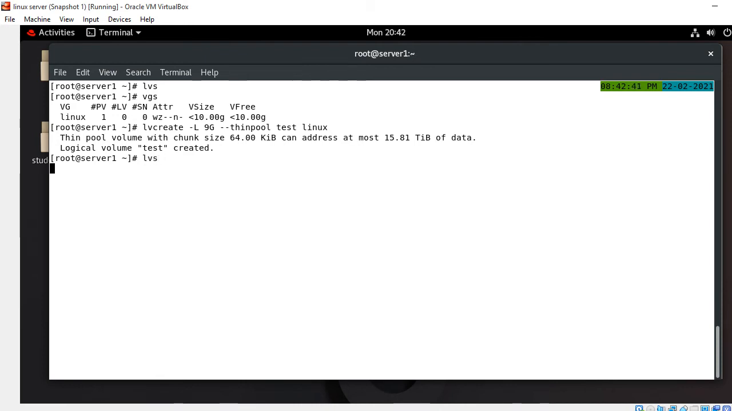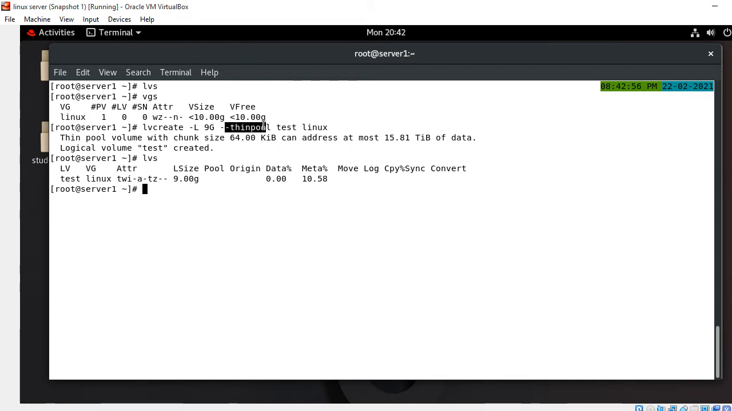Now if I run the lvs command, look at the output. So here capital L means the size of the thin pool, there is 9 GB, and hyphen hyphen thinpool is to create the thin pool. We can also use capital T over there, so either you can type hyphen capital T, and test, this is my thin pool name. Linux is the volume group name where we created the thin pool. Okay, so now if we run the command lvs,